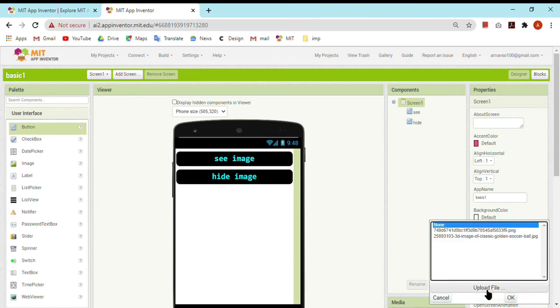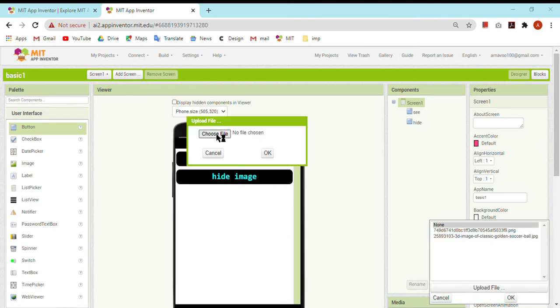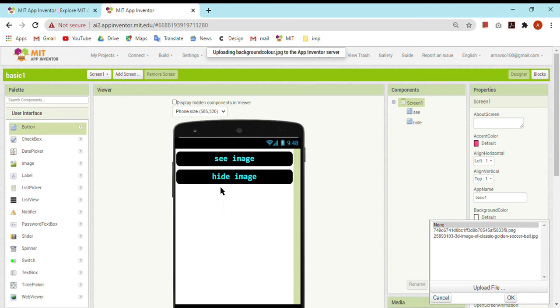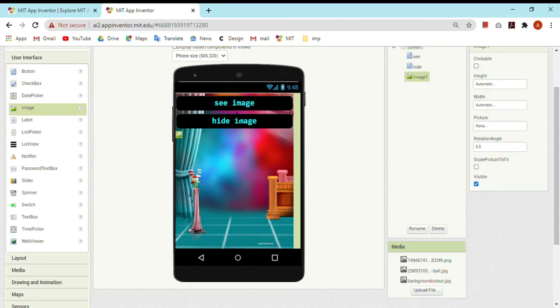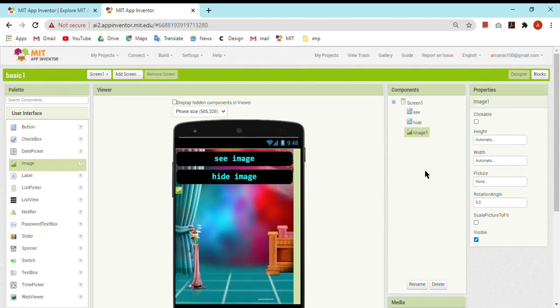Click on background image, upload file. Choose file from your computer wherever it is. See, suppose this is my file. I click on it, open, and it will soon be set as my background. See, now you will insert an image. Our basic concept is, in the first step I am teaching you how to show and hide an image. So just bring an image. This is only a single image, then I'll let its name to be